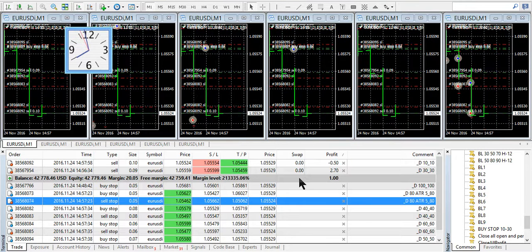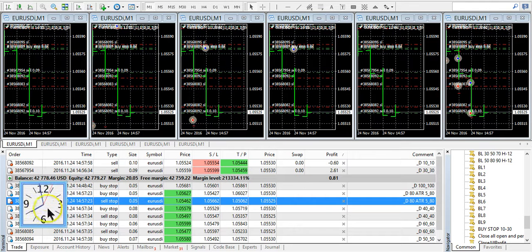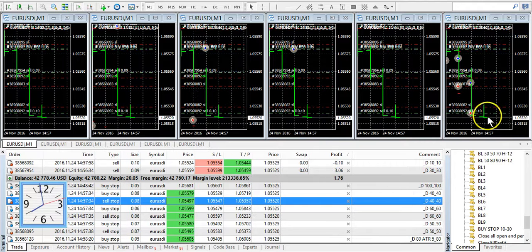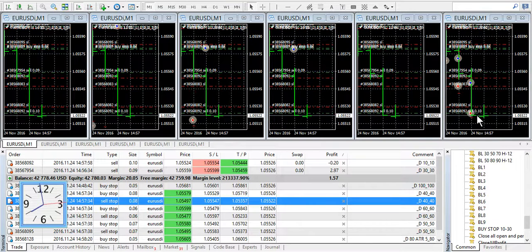All right, so 1 minute, and I should be able to see the balls coming up, and here is the tighter buy stop or tighter sell naturally. Okay, so